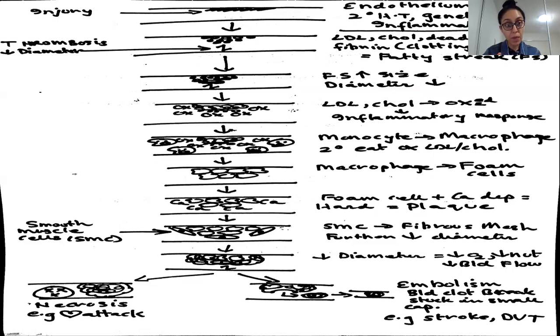And as you have seen in the diabetes lecture, whenever you have inflammatory responses, when you have oxidation of something happening, the first thing which happens is the triggering of your immune system. Now you have this oxidized fat sitting over there, so your immune system will tell monocytes to go to the arteries and start eating these oxidized fat molecules. Monocytes will turn into macrophages because they start eating the oxidized LDL and cholesterol. These are all your monocytes, the ones which have two eyes in my diagram. They start eating all of this oxidized fat.